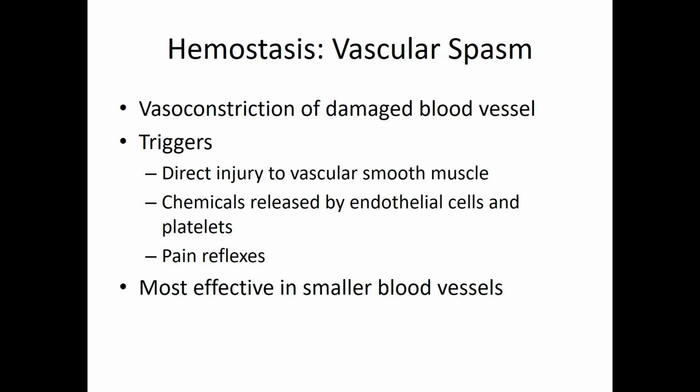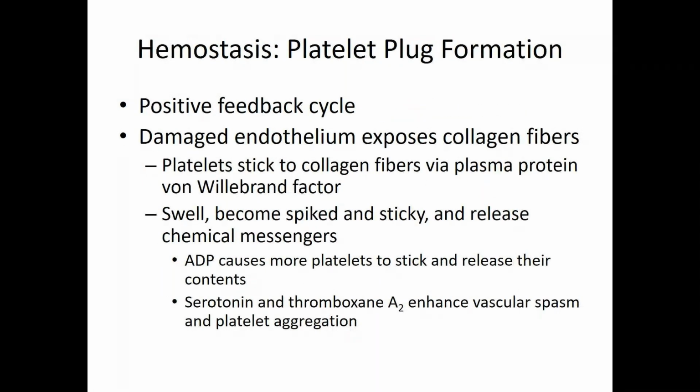It's pretty simple as an idea, right? If we have a broken blood vessel, we want to have as little blood flowing through it as possible to bleed out less, right? So we shrink the vessel down. It works better. I wouldn't say it works great in any case, but it works better the smaller the blood vessel is. So if you nick your aorta, good luck. Right? Vascular spasm isn't going to do anything. But if you have a more distal artery, it can work pretty well. But it's just kind of a temporary slowdown. It's like putting a yield sign up rather than a stop sign